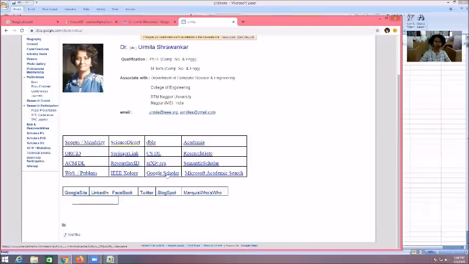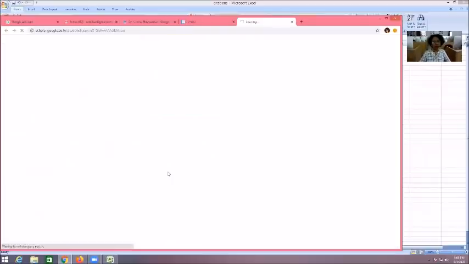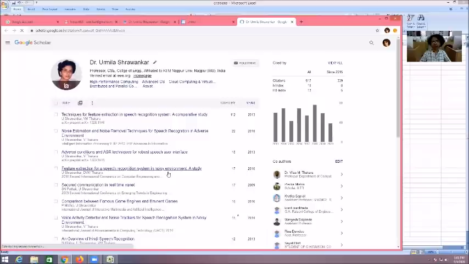Here the Google Scholar profile is there. Once I select Google Scholar, I get a handle as my URL link. If you open it, my Google Scholar profile will open. So this is called the Google Scholar handle. That also you can use.